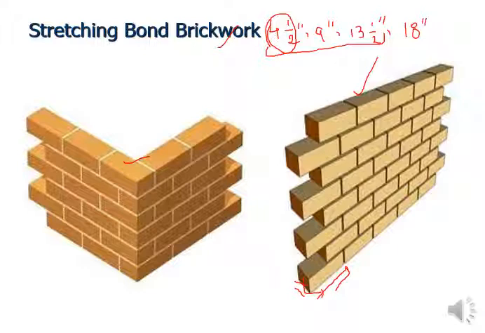Okay, so here you can see the front face. Front face is very easy to understand, but what about the corner? Corner brick, what will you do now? For the corner brick, we are not going to require a bat or a queen. Meaning the parts of the brick, the cutting of the brick, the cut part of the bricks, we do not need over here. Why do we not need them over here? Because we can place for 4.5 inch. I'm talking about 4.5 inch wall. We can place very easily.